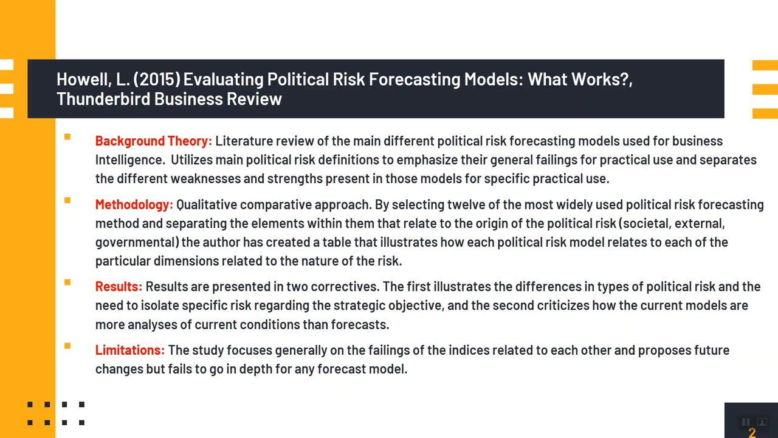The results of this document are presented in two correctives, which are very important for any study in political risk. The first corrective is that, in general, political risk has to be isolated into specific types of political risk in order to have a practical approach that is successful. And the second is a critique of how current models are more of an analysis of current situations